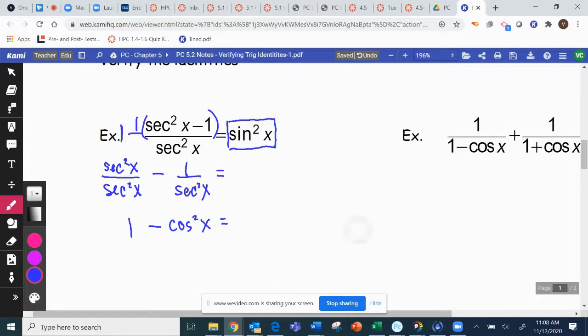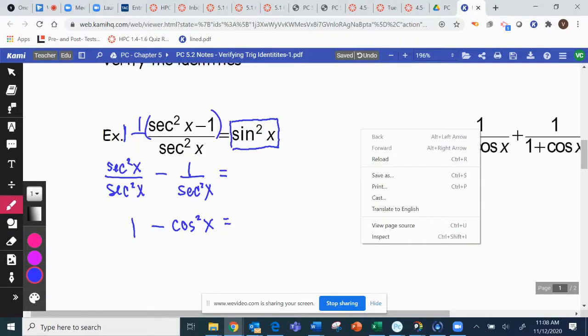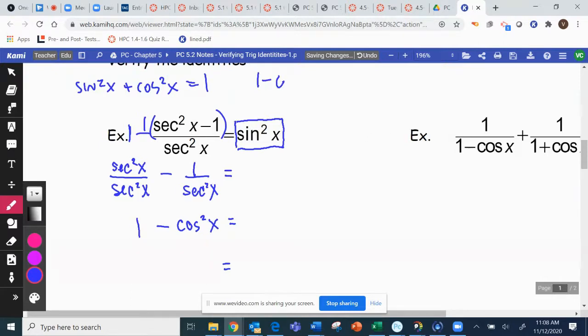And now that I have 1 minus cosine squared x, I start thinking about those Pythagorean identities. If you don't know those, gosh, my stylus stopped working. There we go. If you don't know those, we should at least know the first one, which is sine squared x plus cosine squared x equals 1. And if I make this equation into 1 minus cosine squared x,